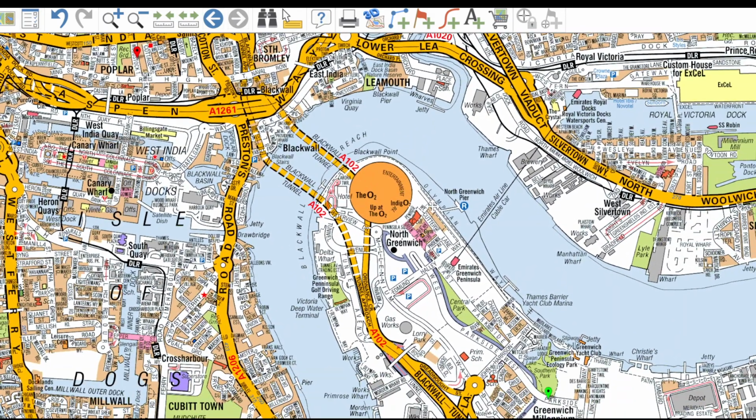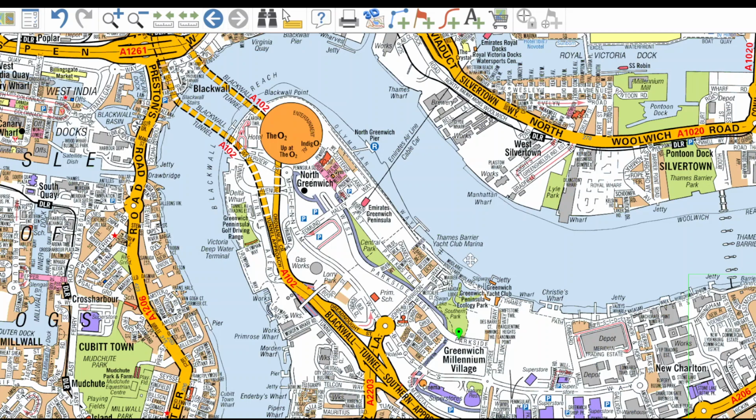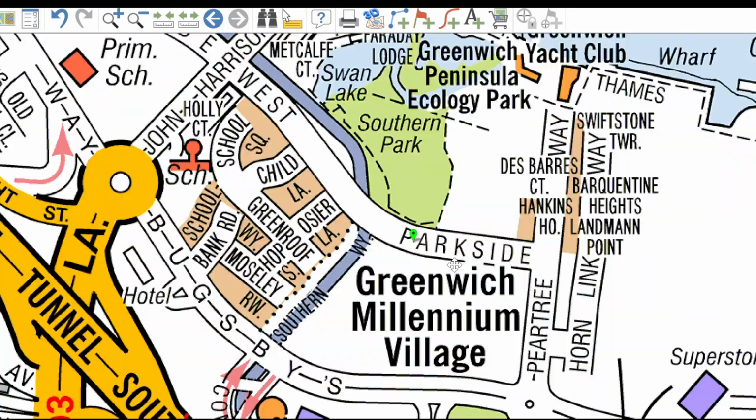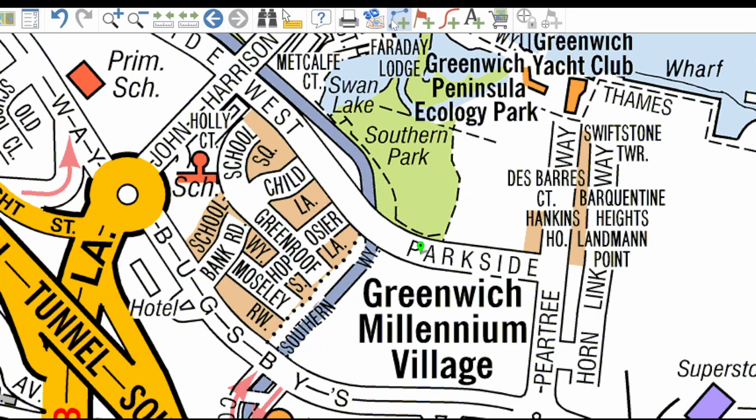You have to draw your route always from the green marker to the red marker, and your route must be the direct route, which means that the distance between these two points must be minimum. It may be approximate, but a few meters and a few streets don't make any difference, so don't worry about that. Let's start from our green marker. So here it is our green marker.